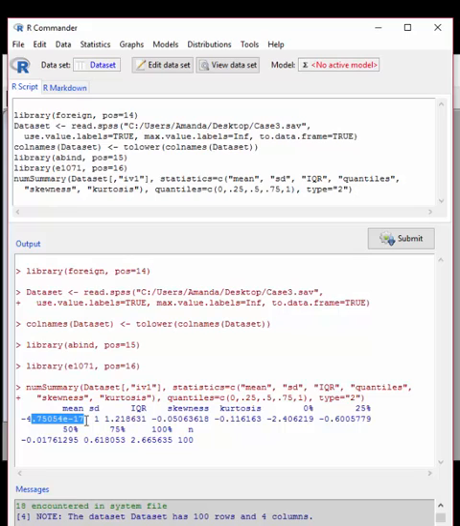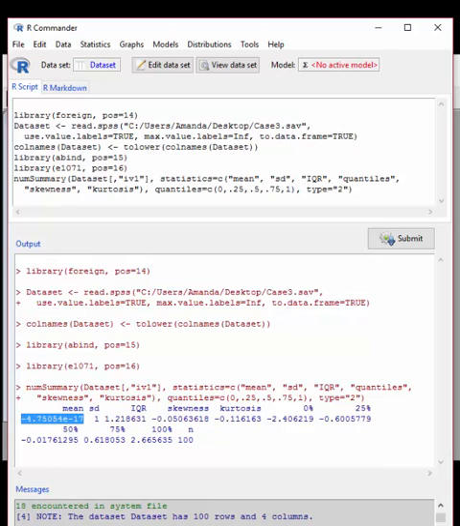So here we've got the mean is 4.75 times e to the negative 17. So remember, with scientific notation, you're going to have to change that to regular decimals. There are a couple of ways to do that. First of all, if you know that you're going negative 17 places to the left, this number is in fact 0. We could also boot up Excel, and I'll show you how to change that in case you're worried about